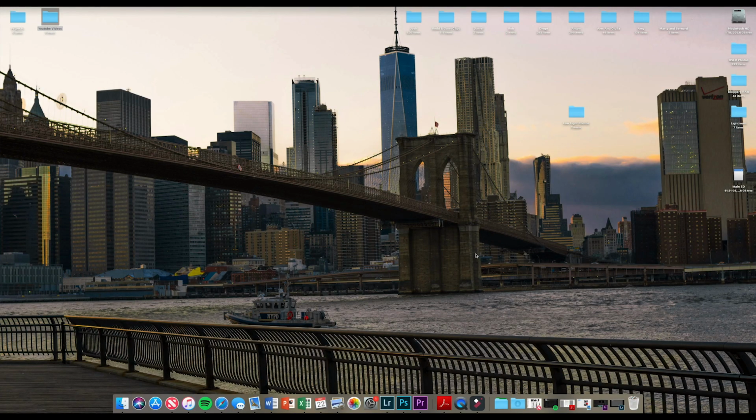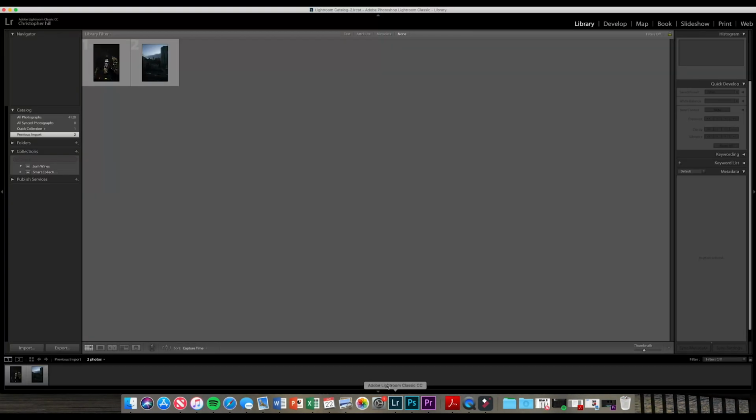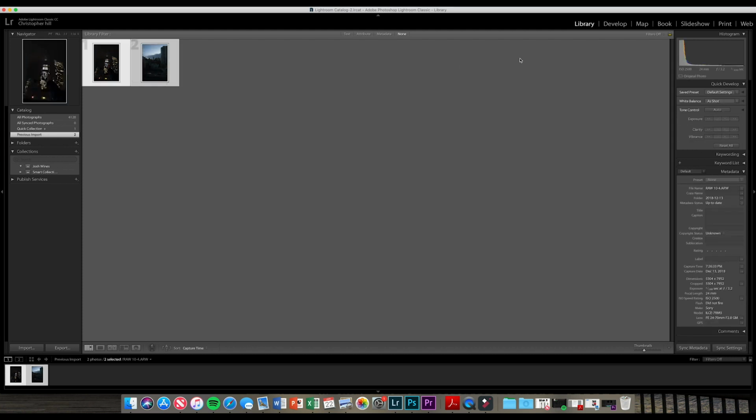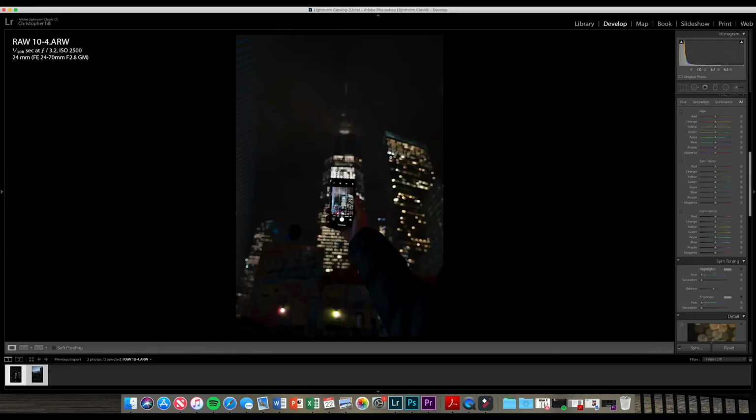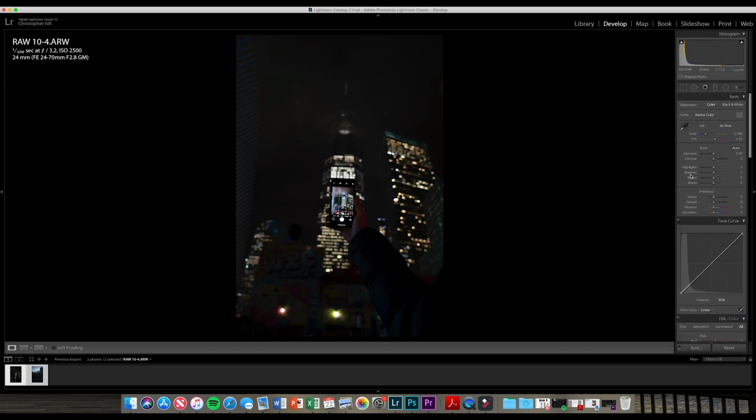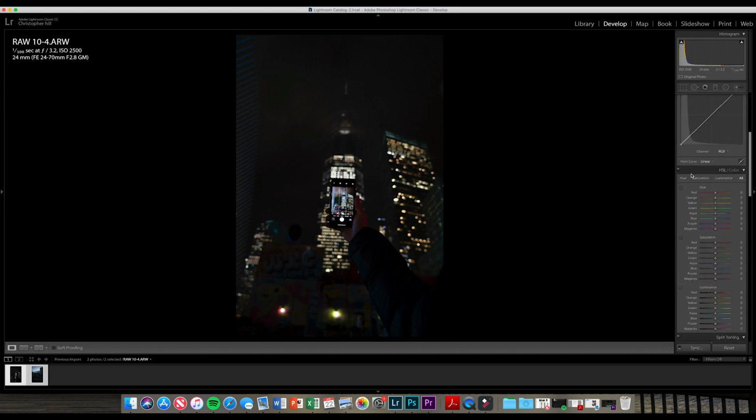Alright guys, so the first thing we're going to do is fire up Adobe Lightroom. And for the sake of this tutorial, I already went ahead and imported the two photos that I'm going to be using. So I'm going to go ahead and select both of them and go over to Develop to bring our photos into our editing panels. And you can see along the right hand side that I have all the tools that I need to edit this photo. But before I begin editing these pictures, I am going to talk really quickly on shooting at night